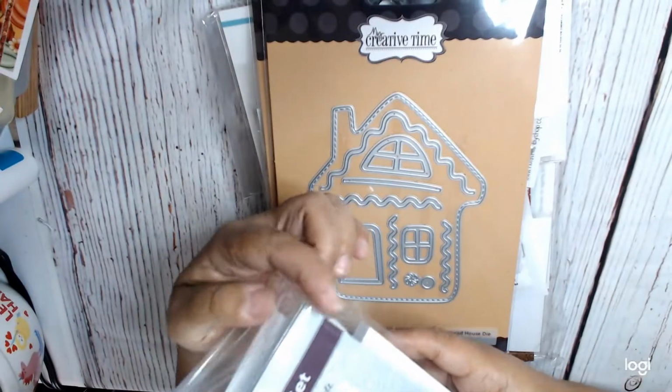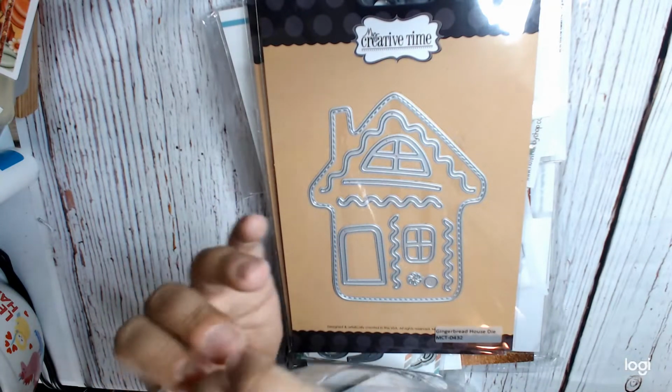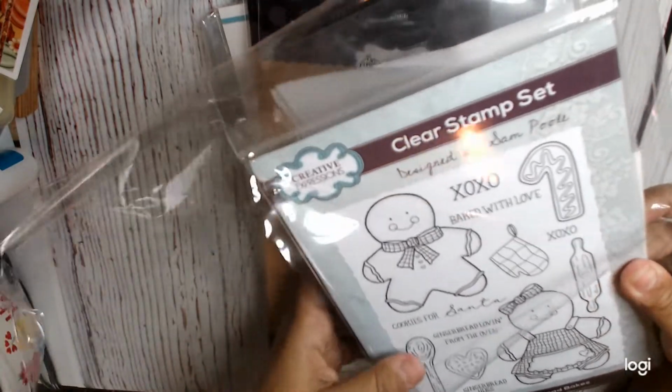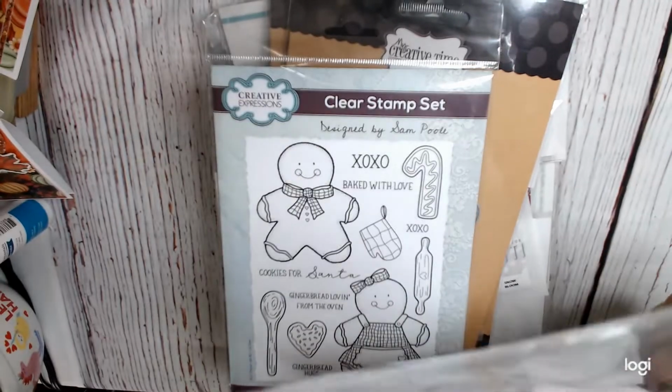I just wanted to share a couple things that I just got in from, was it World Card Making Day weekend? I don't know. I had a lot of things come in, but excuse me for the sounds, this is just something that I just got in, and I want to be able to put some things away. And so this is from scrapbook.com,